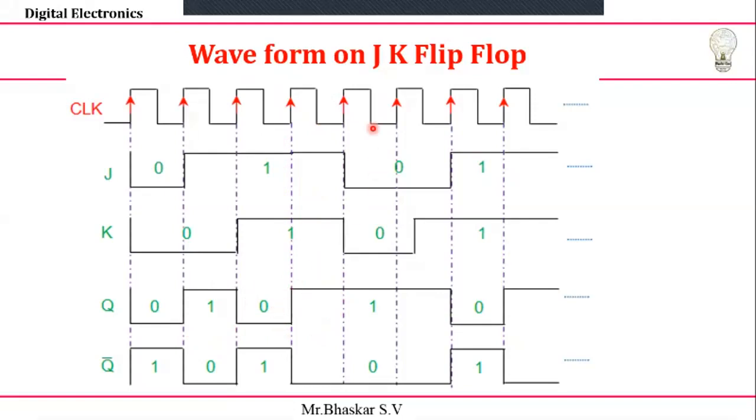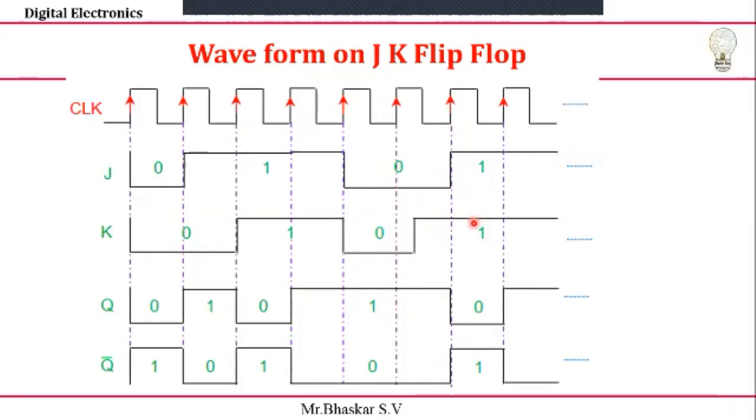Okay. Next, in this particular condition, you can see that if both the values are 0, 0, then there is no change, right? No change is nothing but, suppose previously it was 1, the same value will come here. And you can see here also 0 and 0, because the value may be changing here, but the value we look for at this edge will be 0, 0, so it maintains the previous value only. And the next state is 1, 1.